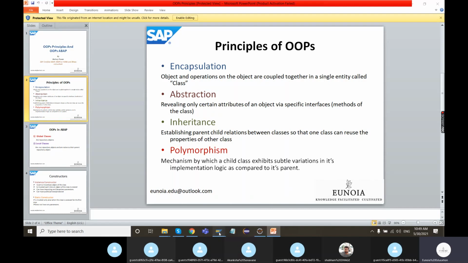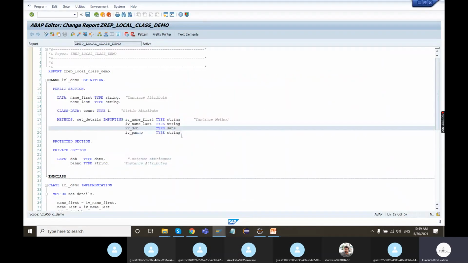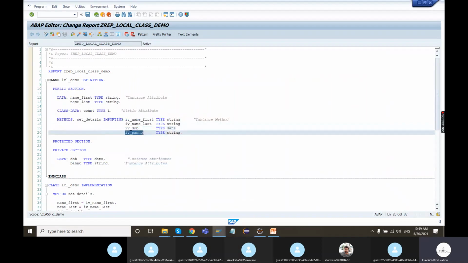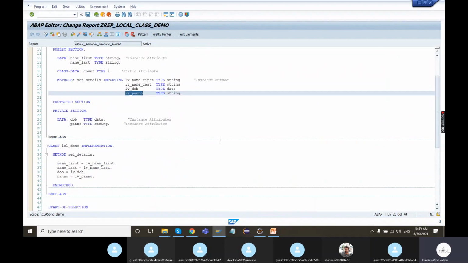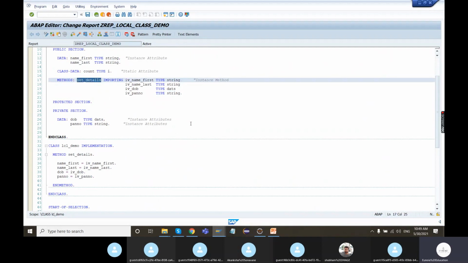Via specific interface methods, in the sense date of birth and PAN number are not easily accessible outside the class. So if I want to access these and set the values into these attributes of an object, I have to call a method called set details.